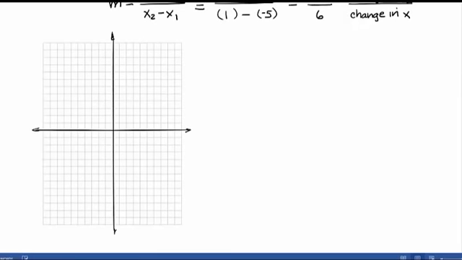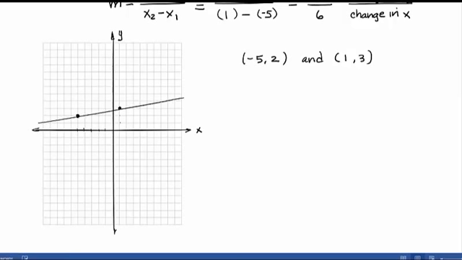And our 2 points were (-5, 2), that was our first point, and our second point was (1, 3), right? So I have my x and my y. If I had -1, 2, 3, 4, 5 on my x, then up by 2, that was my first point. My second point was x was 1, and then I went 1, 2, 3 up here. So this was actually my line